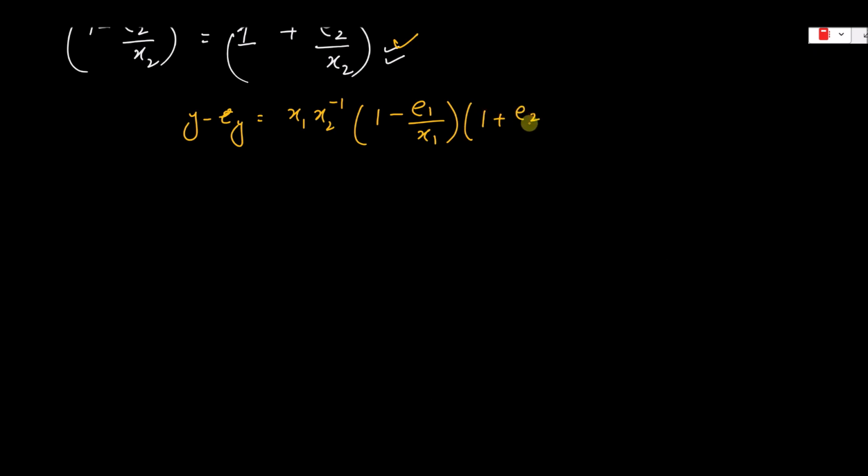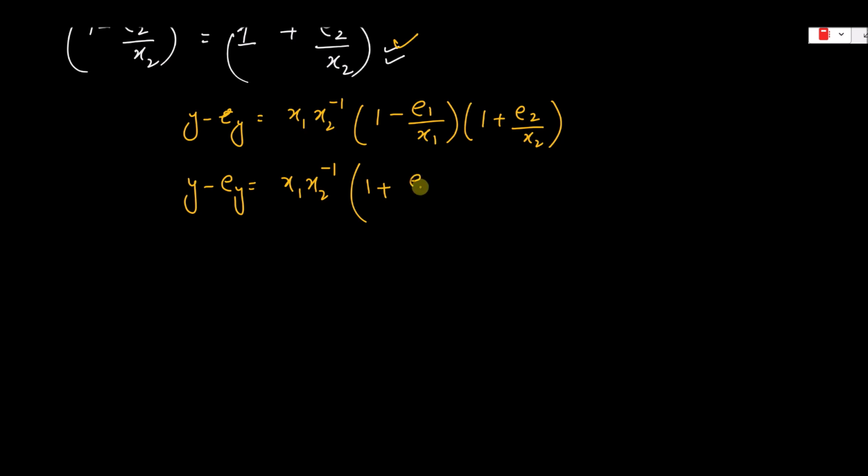So that is 1 plus e2 by x2. Now we are going to simplify it. y minus ey is equal to x1, x2 raised to the power 1, and we are multiplying these brackets,